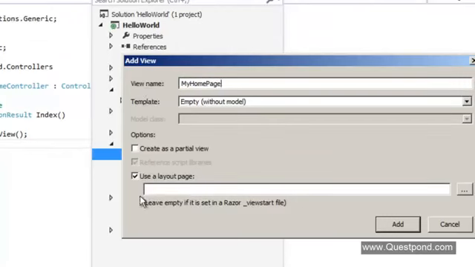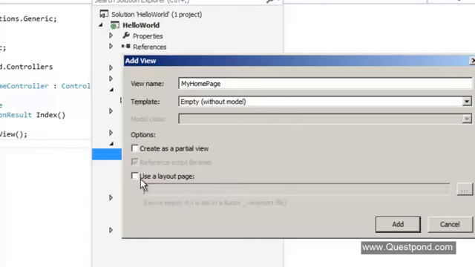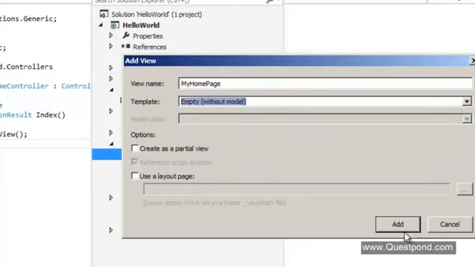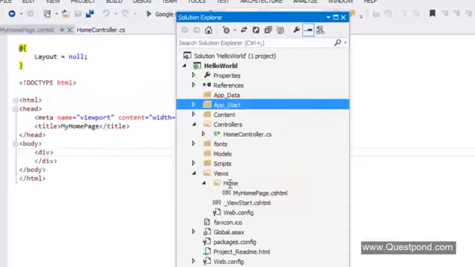Okay. And you can see there's a small checkbox here saying use a layout page. I'll talk about what exactly is this layout page later on. But at this moment, let's go ahead and uncheck this, and let us again say empty at this moment, so we can learn from scratch. Okay, I'll say add. So you can see inside the home folder it has added this my homepage.cshtml, which is